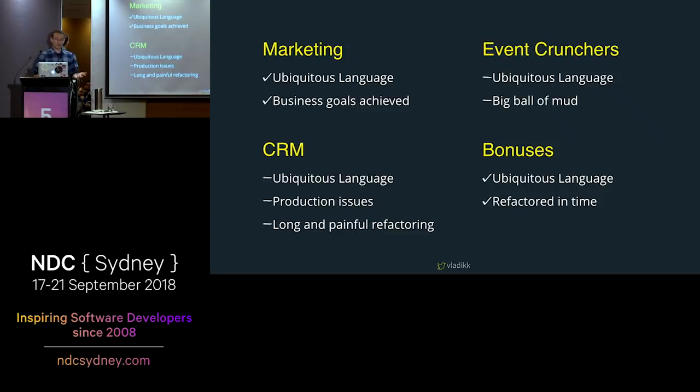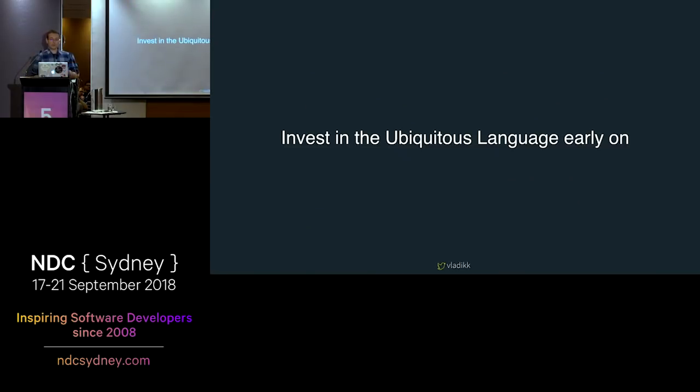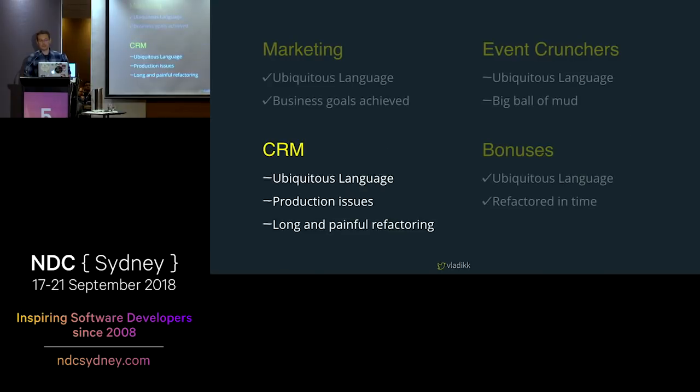And speaking of supporting subdomains, it doesn't really matter what kind of business domain you are working on, core, supporting, or even generic. Our take on it right now is that having a ubiquitous language is not optional for any of them. And we've also learned to invest in the ubiquitous language from early on. It is practically impossible to fix a language if it has been spoken for a while in a company, like in the case of our CRM system.